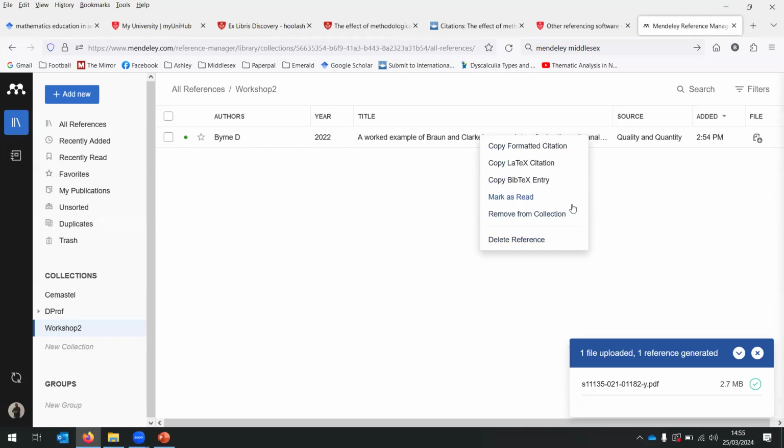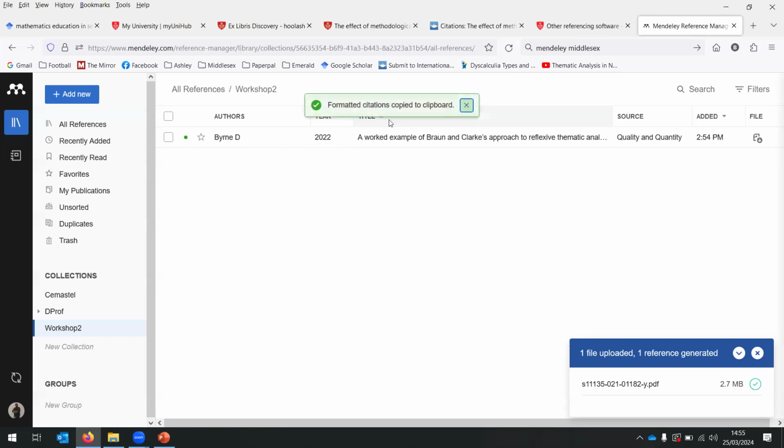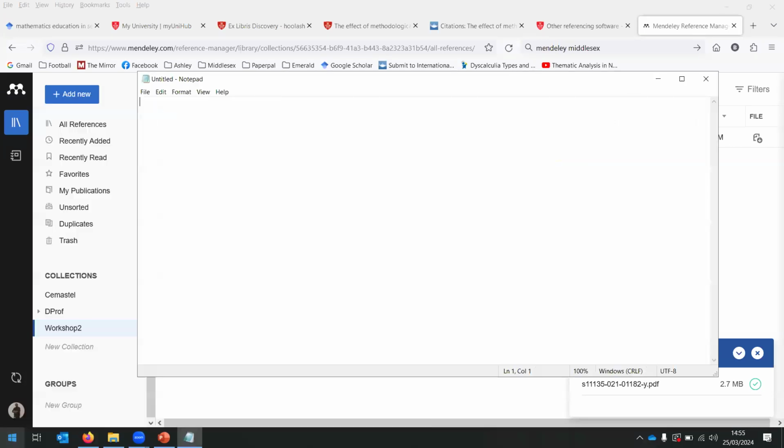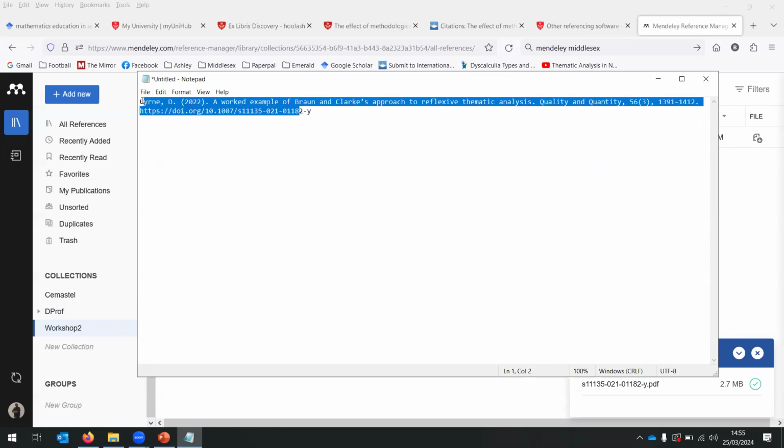Now, I personally use something called BibTeX and LaTeX citation. These are the two things that I use. It's a little bit advanced in terms of the formatting of my reference section. But anyway, you can click on this and let me open something like Notepad, whatever. So you can paste and you will get all the details of your reference. So this is what you can copy and paste